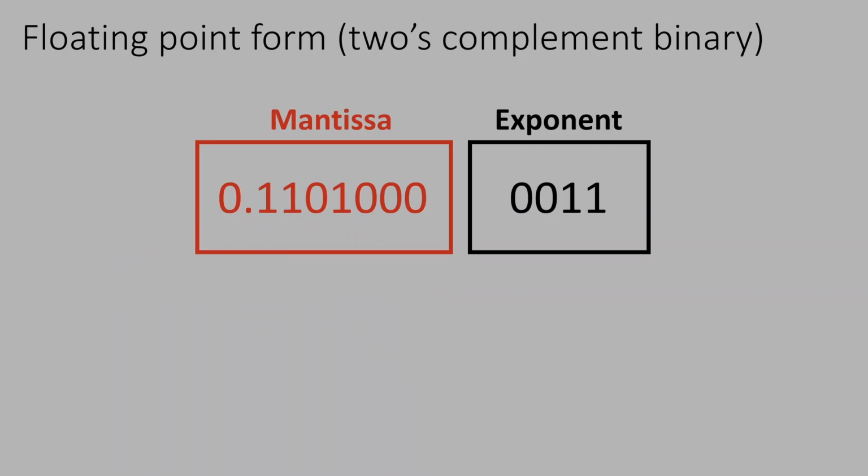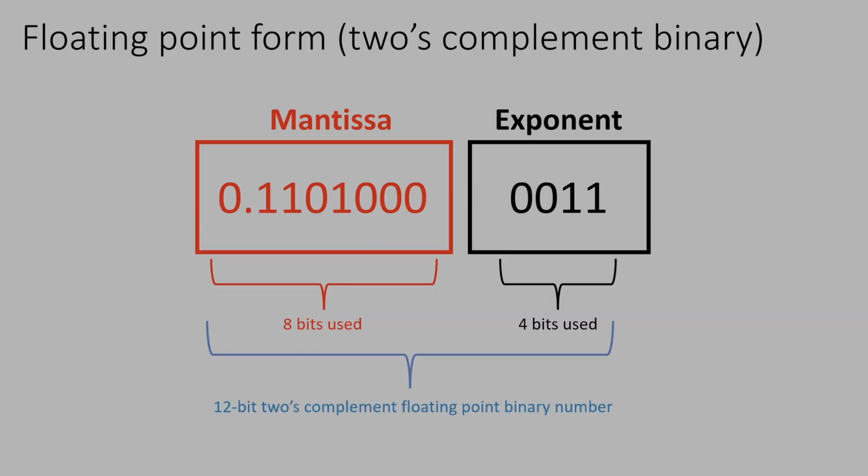So moving on to binary representations using floating point, we just need to remember that here we're using 2's complement. So we still have this same structure, the mantissa and the exponent. And in this case, we've used 8 bits for the mantissa and 4 bits for the exponent. Essentially, we have a 12-bit 2's complement floating point